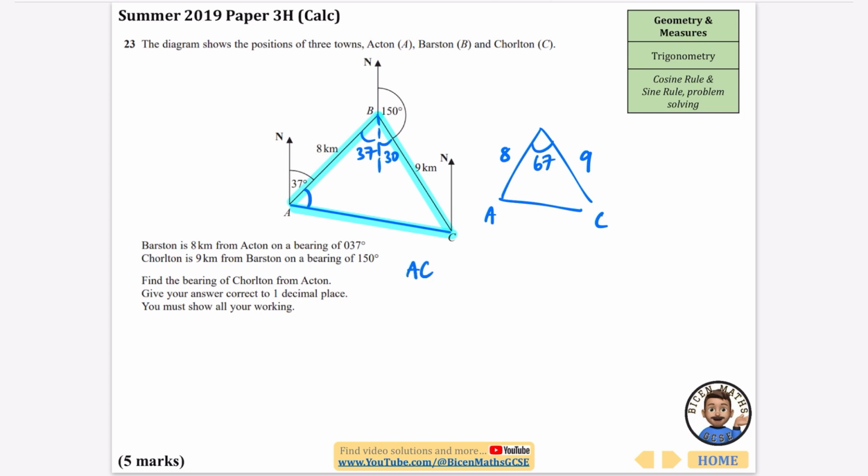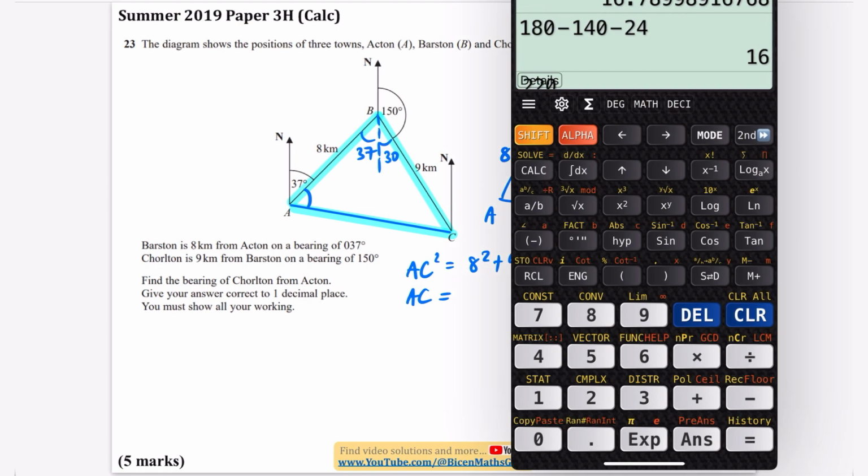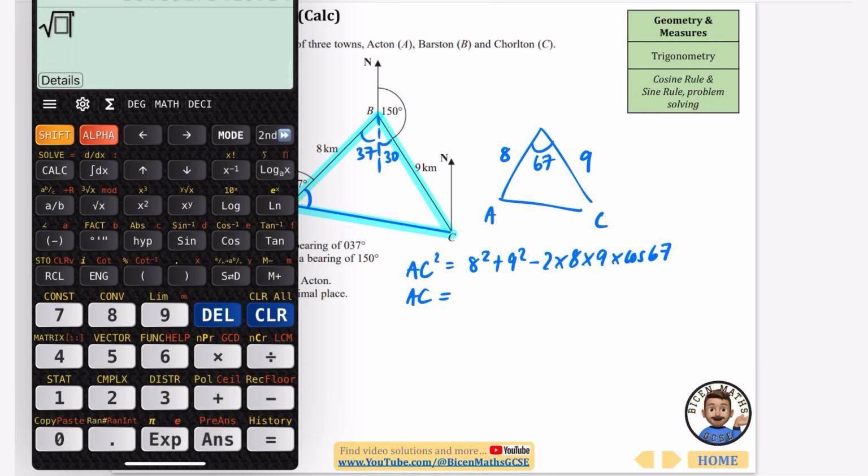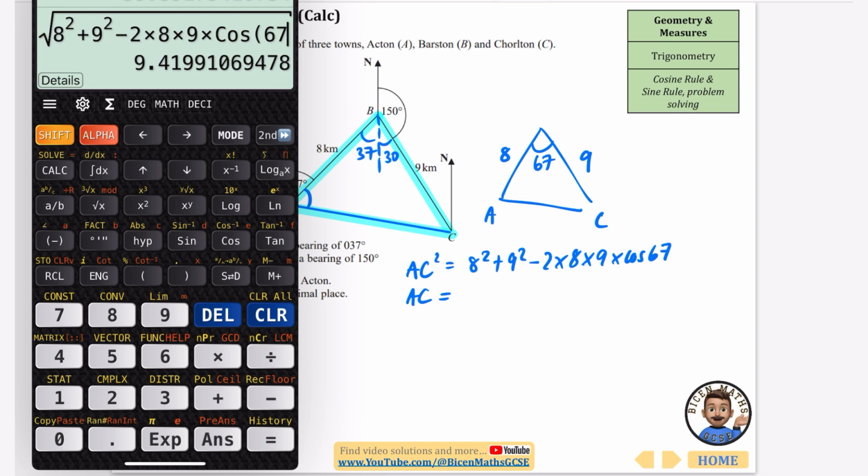Now AC squared, using the cosine rule, is 8 squared plus 9 squared minus 2 times 8 times 9 times the cos of 67. So I can figure out what AC is by typing that in, but obviously with the square root sign going above it as well. So I'm going to do the square root of my 8 squared plus 9 squared, which always starts off a bit like Pythagoras, minus 2 times 8 times 9 times the cos of 67. And we get that AC is